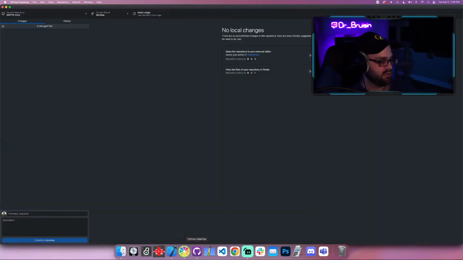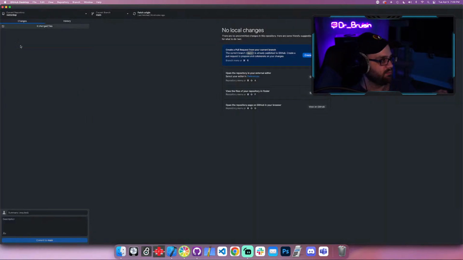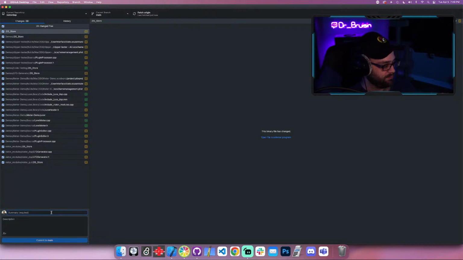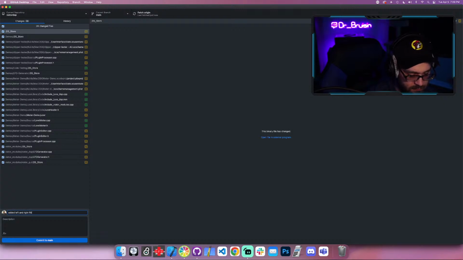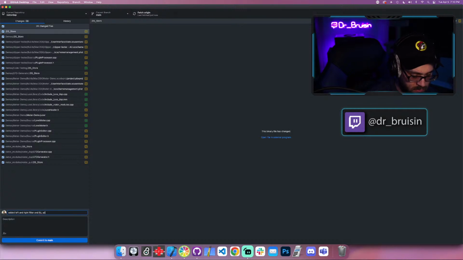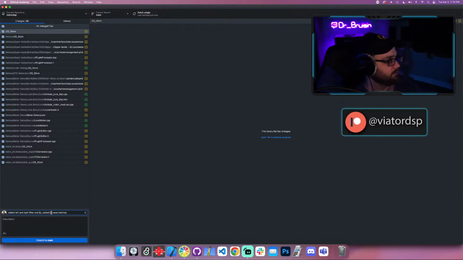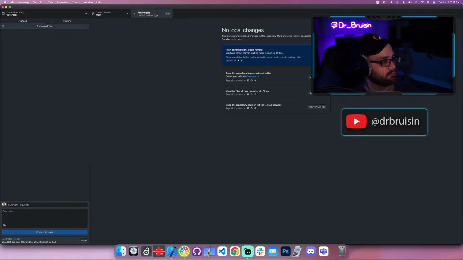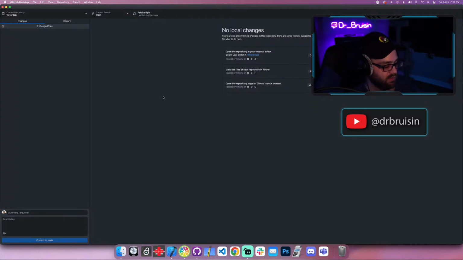So I'm going to commit this in case any of y'all want to go in here and mess with it in my Viator DSP. I don't even know. What did I even really do? I added left and right filter and LFO. Added LFO reset method. Anybody can go and download my Viator DSP library, which